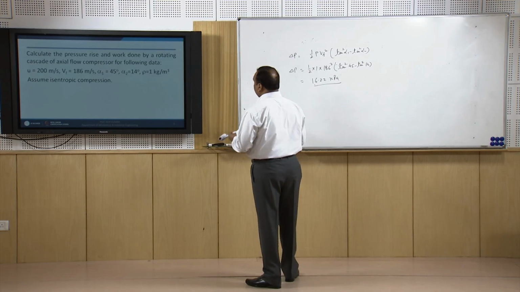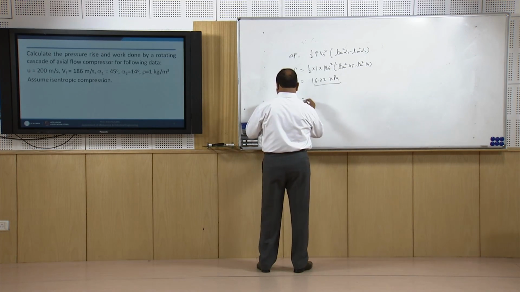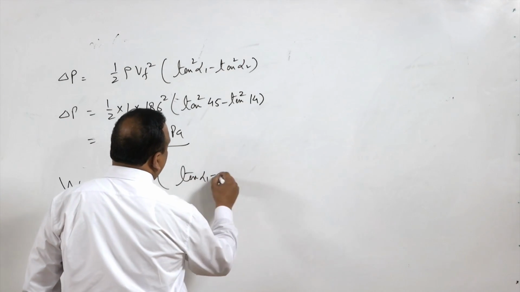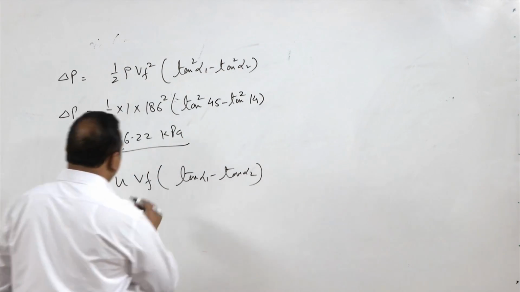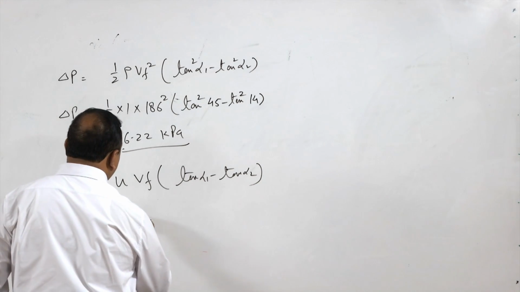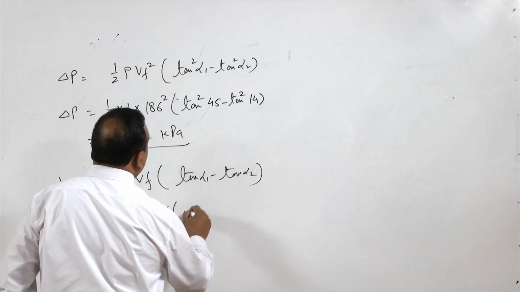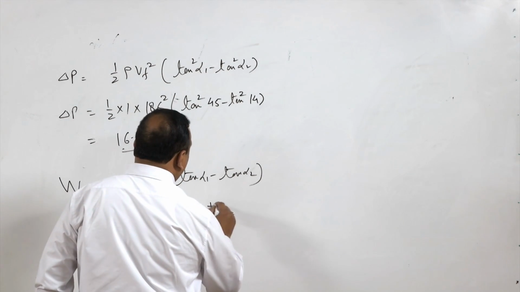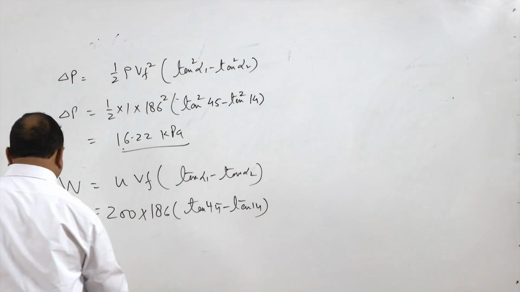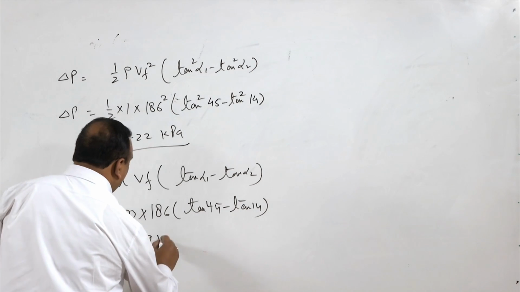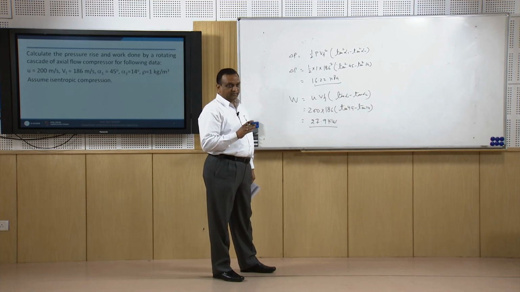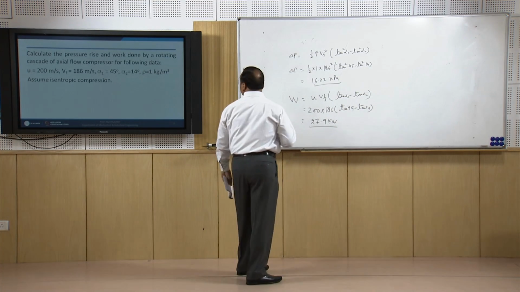Now, the work done is U Vf (tan alpha 1 minus tan alpha 2). Simply we will put the values. U is 200 meters per second, 200 times Vf 186, (tan 45 minus tan 14), and this will give the work done as 25.9 kilowatt. This is the work or energy consumed by the compressor for the movement of air or for the compression of air. And